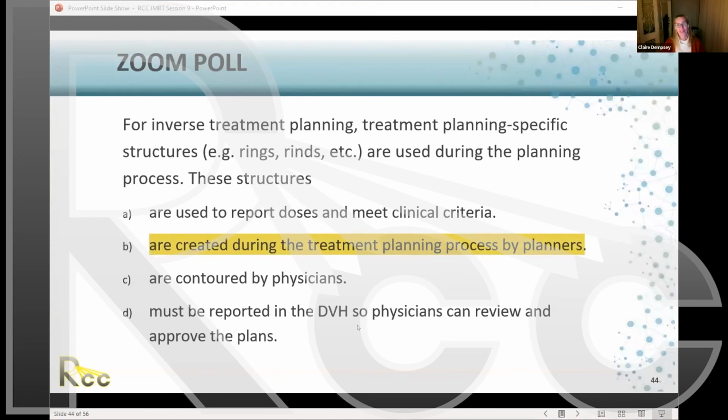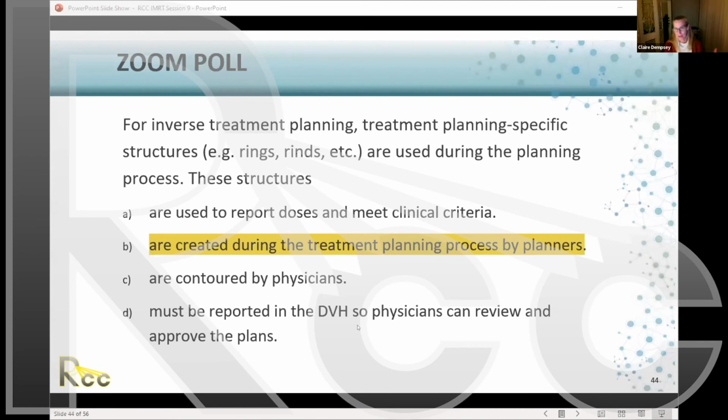But so, all the things I've just been talking about, all of our optimization structures, all of our Z structures, we don't use them to report doses and meet clinical criteria. They're not part of the prescription. We don't look at the DVHs. Well, we do, but we don't need to report them. They are created during the treatment planning process, and